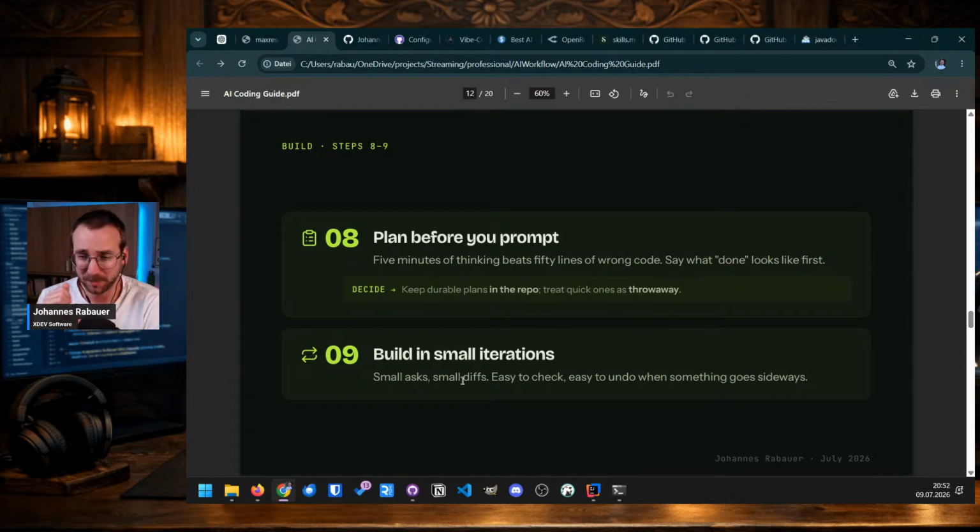Okay, so if you plan ahead and you create, let's say 10 issues, okay, but in a normal project, there will be lots and lots more issues. Then at some point you will know where this project is right now. And this also helps with the AI because a lot of times